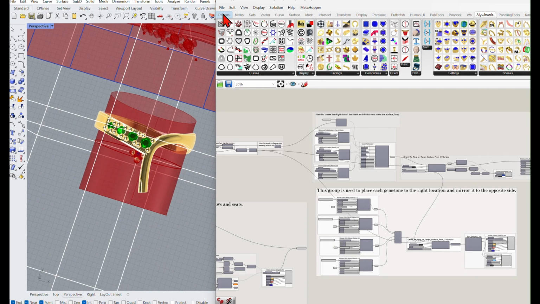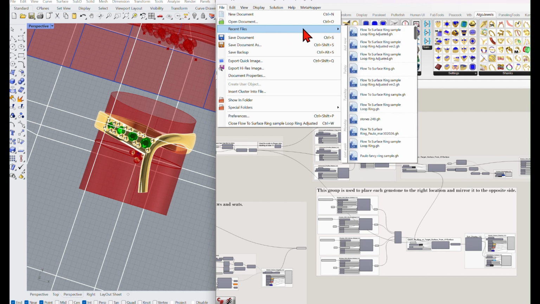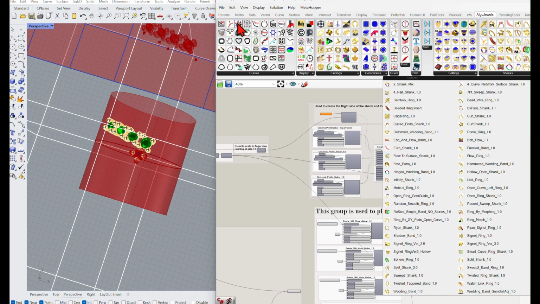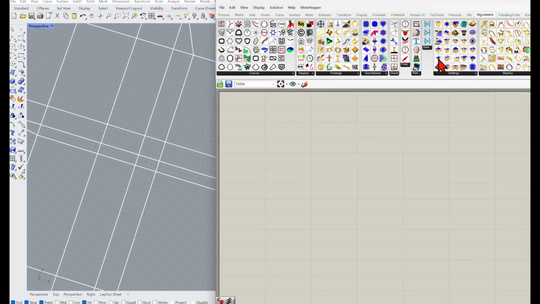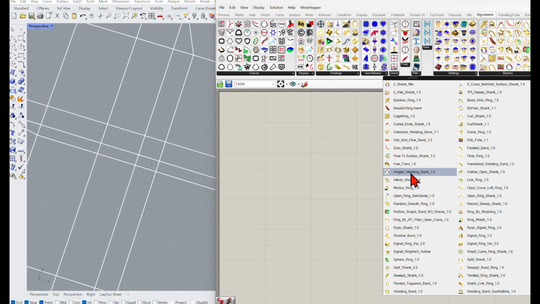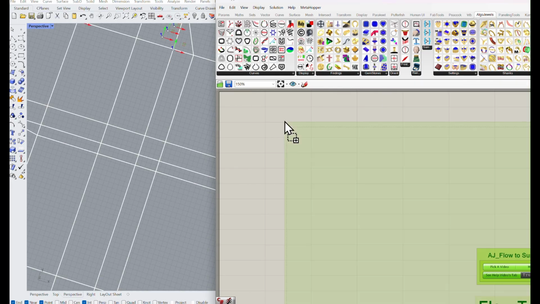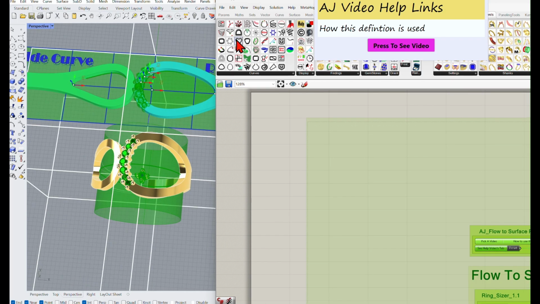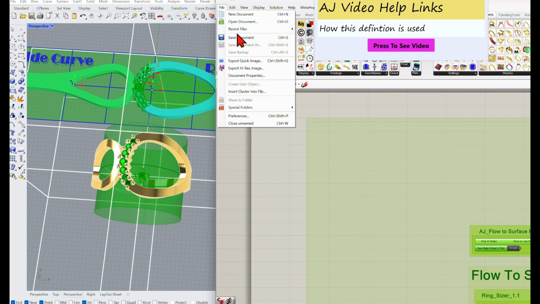which looks completely different than what we did. Oh, it wasn't saved, that's why. It looks completely different than our flow to surface ring. Okay? So we're now bringing back